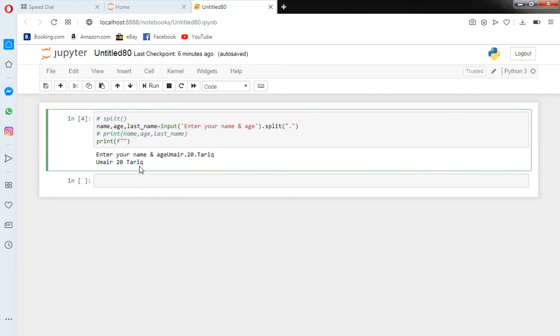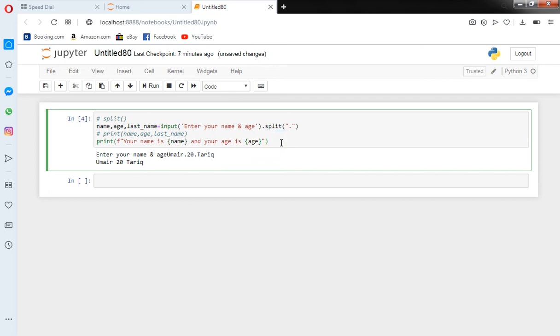So I write, your name is. We can use a variable inside the inverted commas. We use curly brackets here and write name, the value of the variable. Your name is Umair and your age is, here I am using the age variable.